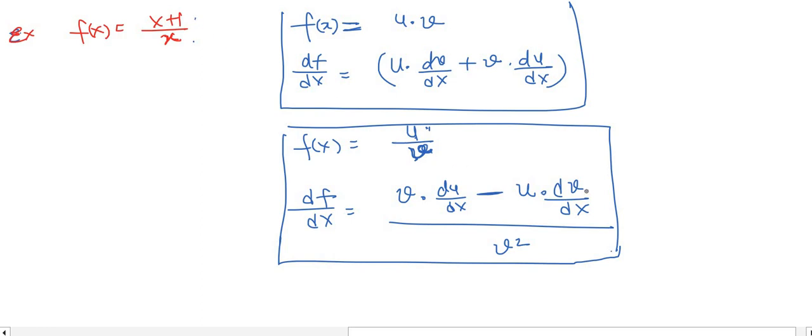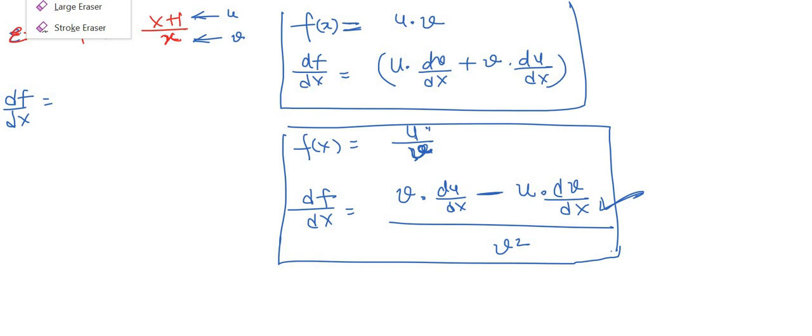So mathematicians have given these formulas. I am planning to use this here because it is u by v. So this is my u and this is my v. Okay, so let me solve it. So df by dx will be what? If I try to use the formula,